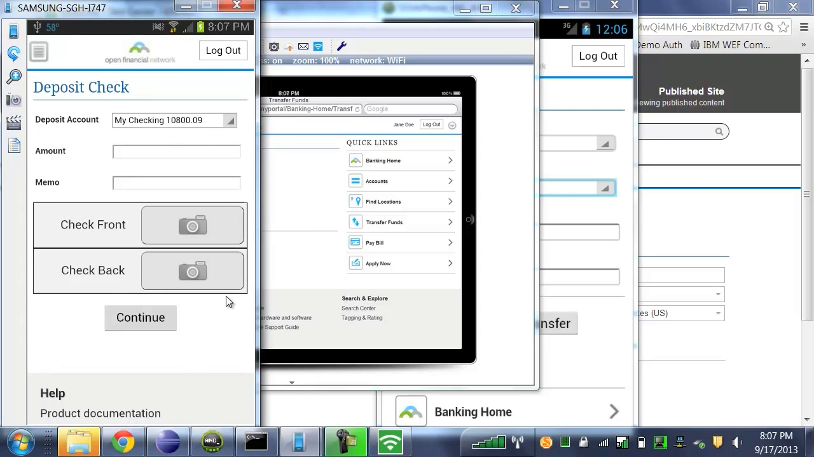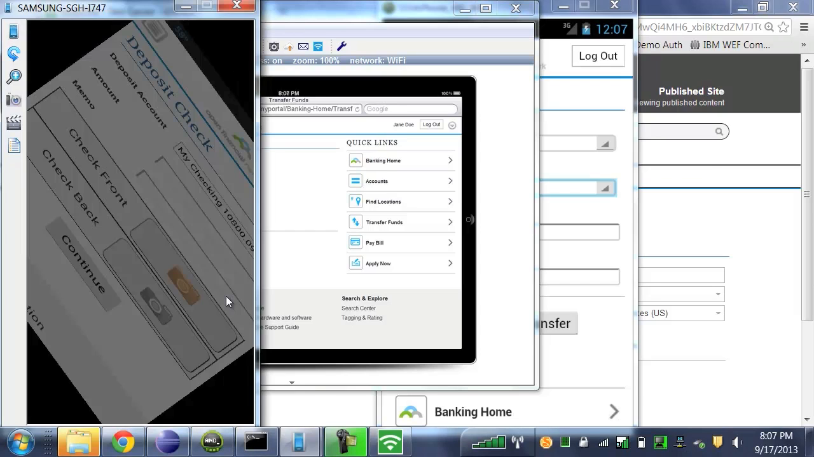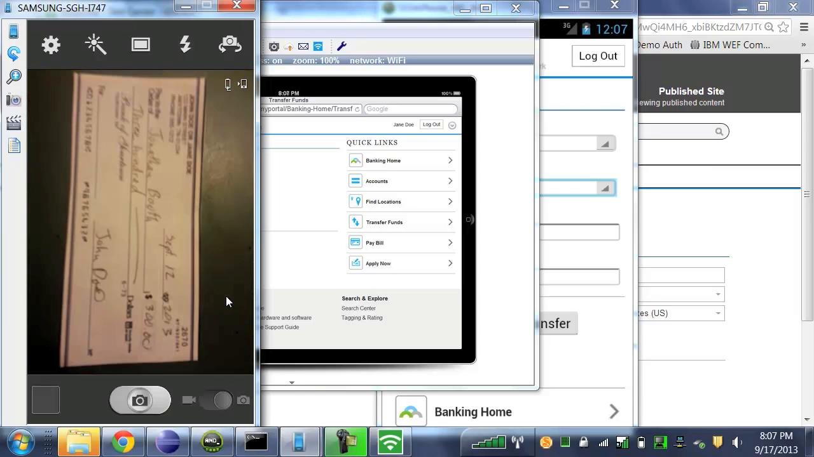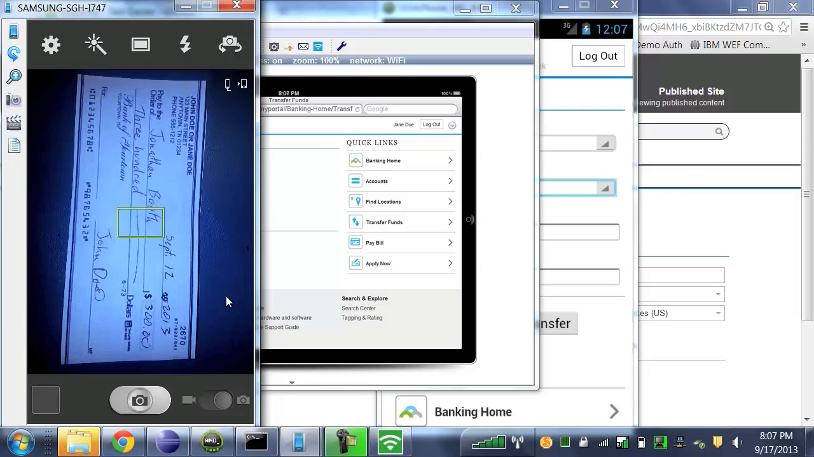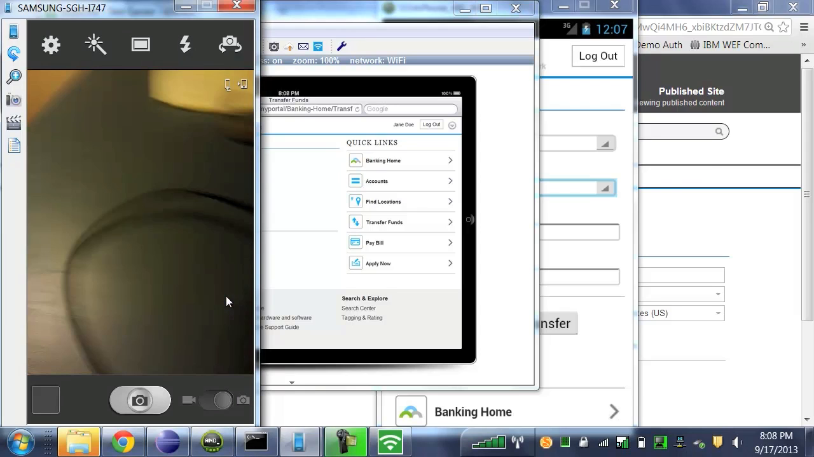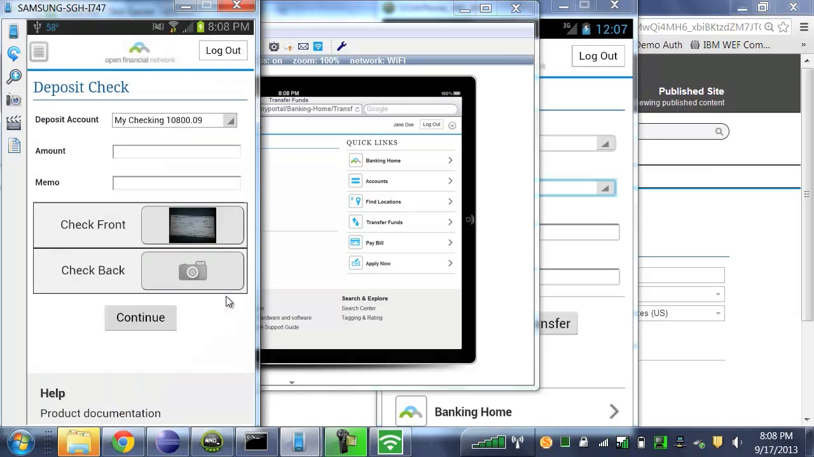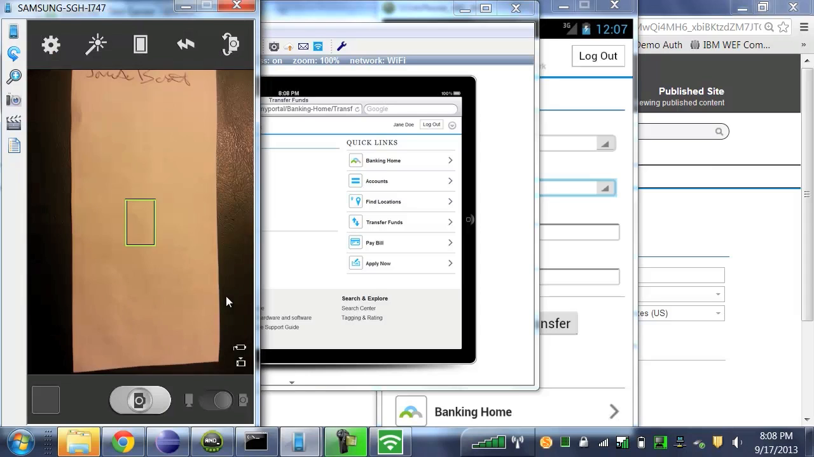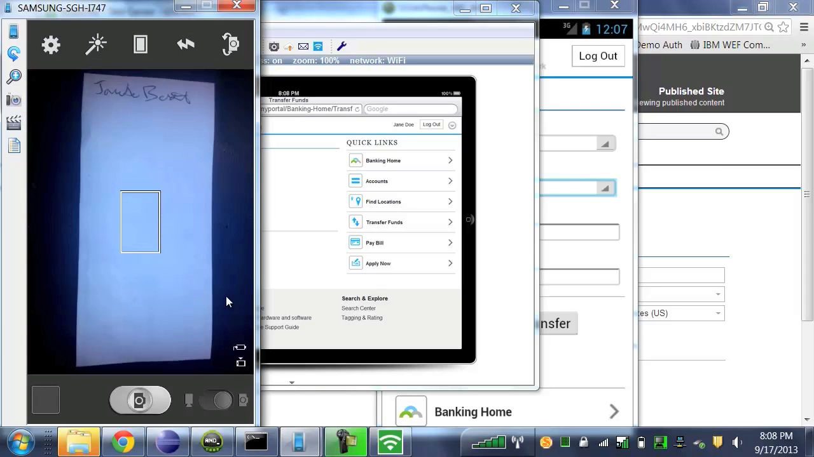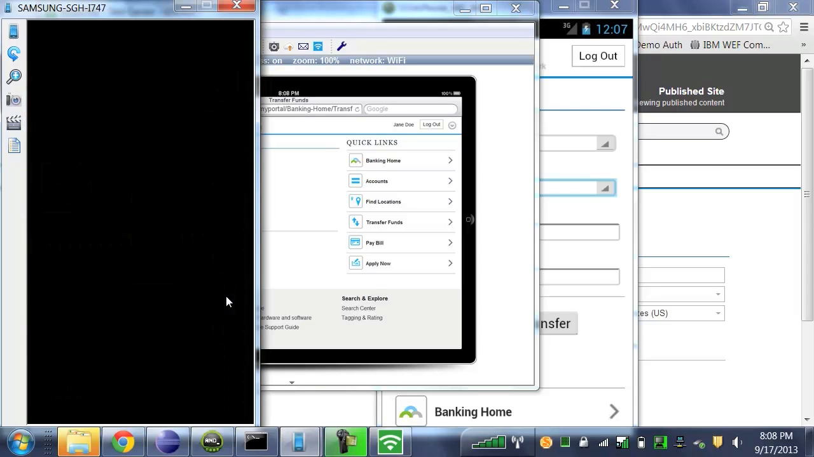And here you can see I've got buttons for taking a picture of the front and the back of the check. So let me do that. I'm going to tap the button for the check front, snap a picture of my check, save it, and then do the same thing for the back of the check. Puts the phone into camera mode, take a picture, save it,